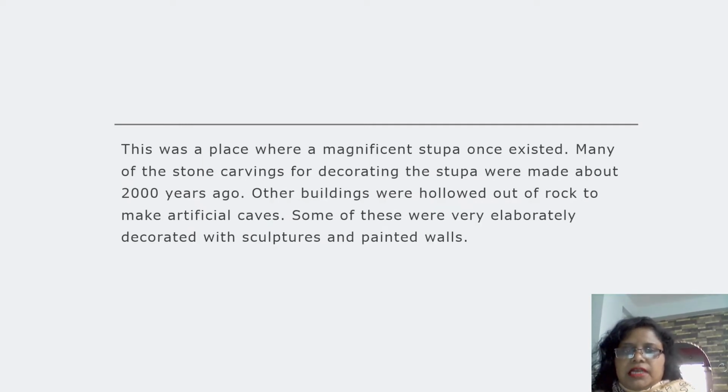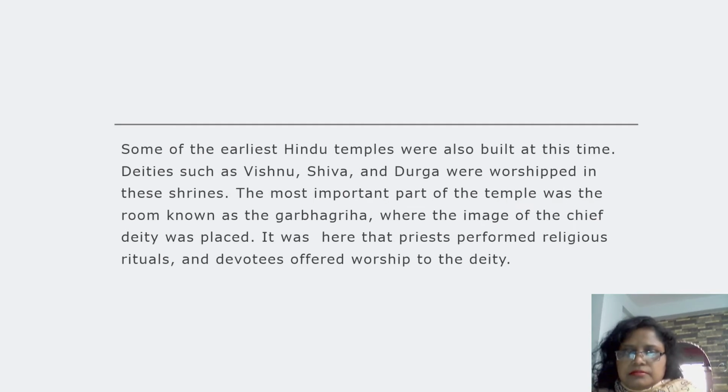This was the place where a magnificent stupa once existed. Many of the stone carvings that decorated the stupa were made about 2000 years ago. Other buildings were hollowed out of rock to make artificial caves. These were very elaborately decorated with sculptures and painted walls. Some of the earliest Hindu temples were also built at the same time, dedicated to deities. Vishnu, Shiva and Durga are worshipped in these